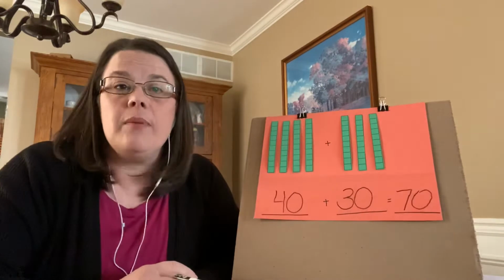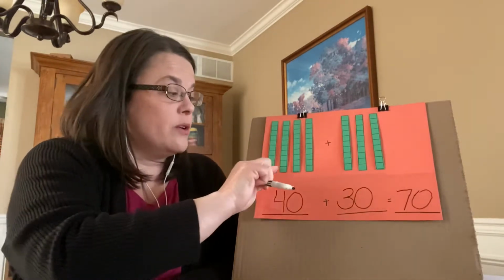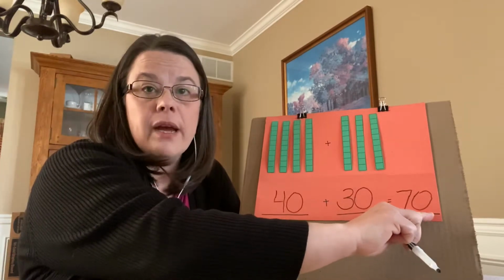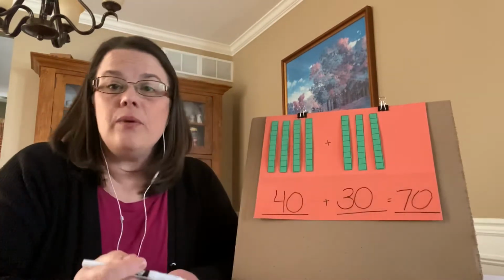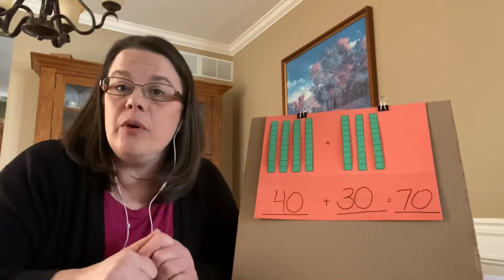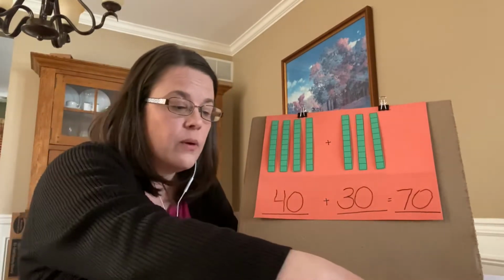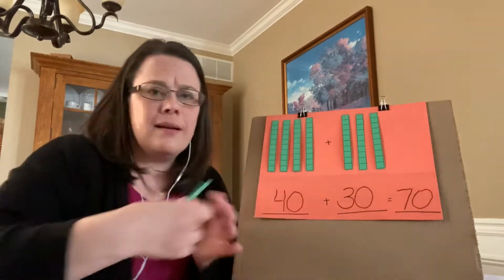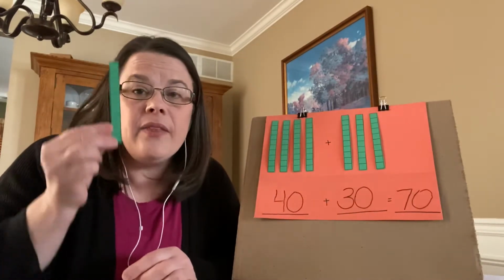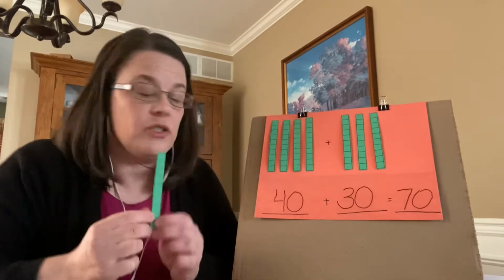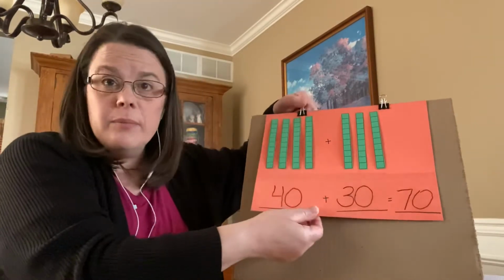You don't have to count by tens. You could know there's 4 and 3 make 7, and then write the 0 to the right of the 7. Either way, you get the right answer, but you have to have both digits. Because when we're talking about our tens, this is worth a double-digit number. So we always have to remember to have both digits. Speaking of double-digit numbers,